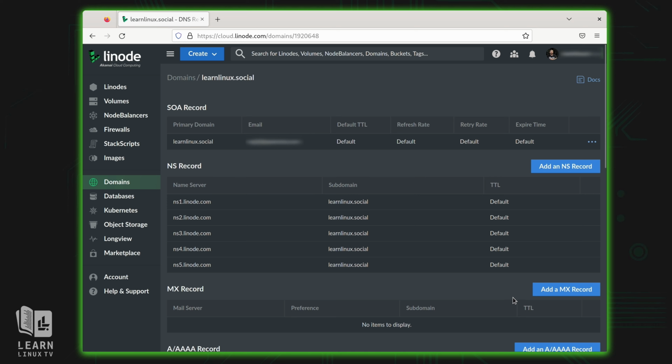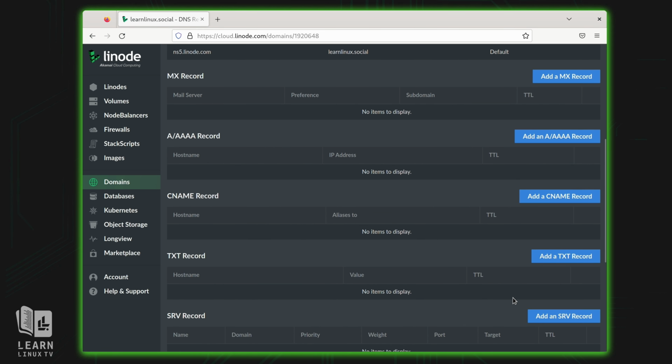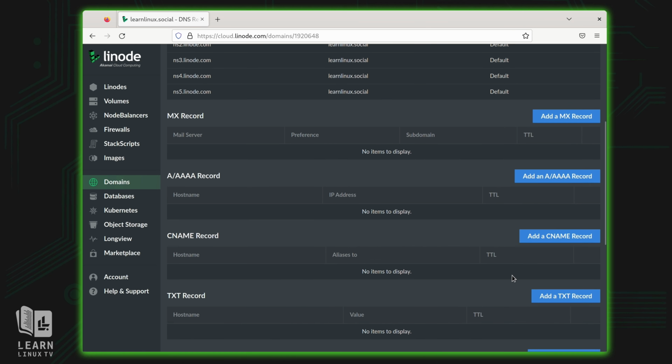Anyway, what we'll need to do is actually add a brand new A record here, and the A record should point to the IP address for the instance that's going to serve as our Mastodon server. Now I haven't actually created the instance yet, so I'll have that IP address shortly. You don't have to actually add your domain to a VPS provider like I'm doing. In fact, it's probably a lot quicker to just go into the DNS settings of your registrar and add the IP address there in the A record section, and that way you only have that one step. But I don't even have an instance yet, so what I'll do is go back up here to the top,